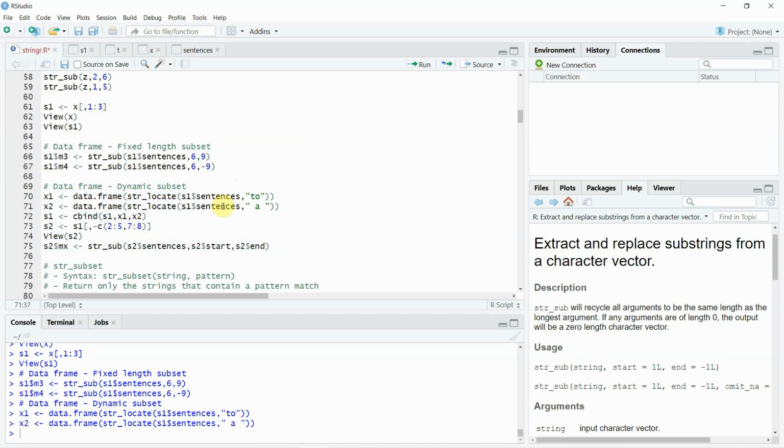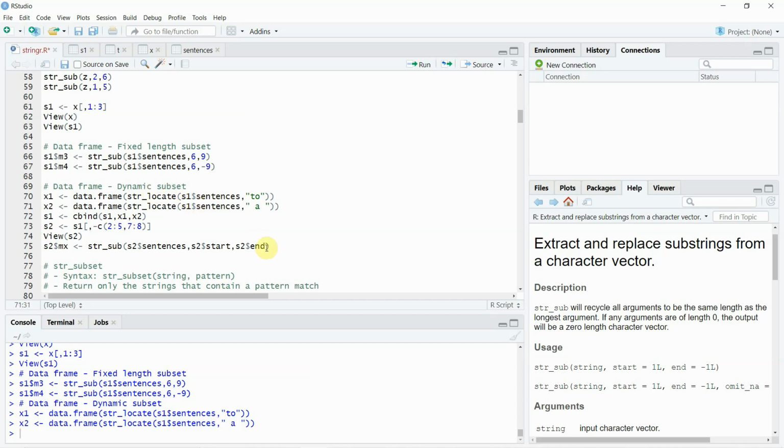All right. So what is happening in line number 71 is that we are going to convert into a data frame. We're going to use the str_locate function on the sentences column and identify the phrase "to". So in the sentences column, wherever there is the phrase "to", or the letters T and O one followed by another, we are going to locate that position and pass it on to a data frame. We saw that the str_locate function gives you two columns, a start column and an end column. The start column gives you the start position of the word "to", and the end column gives you the end position of the word "to", which means where O is, right?